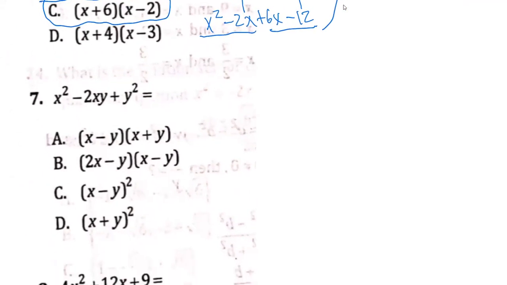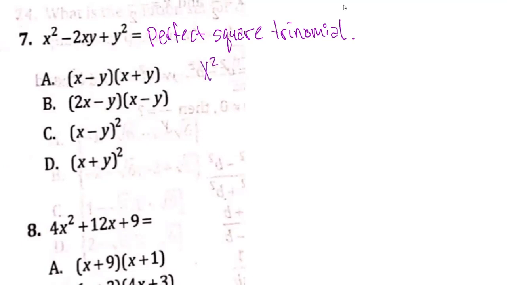They could kind of be a little frustrating, but this is what we call a perfect square trinomial. Perfect square trinomial. Now, all this is saying is that x squared minus 2xy plus y squared is equal to